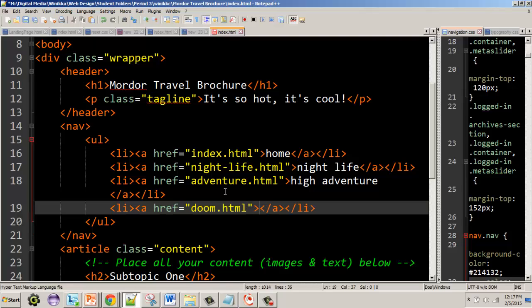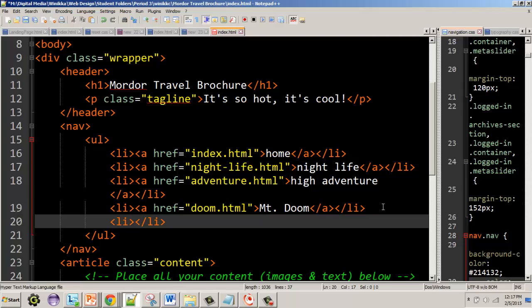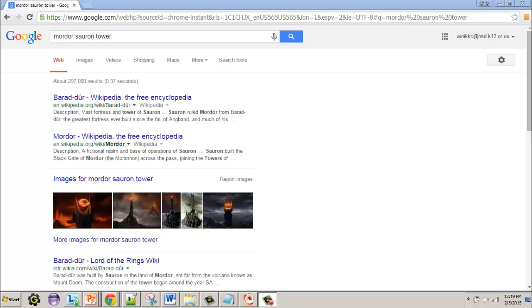Maybe we'll have one about Mount Doom. Visit Mount Doom. And, well, I couldn't remember the name of Sauron's tower, so I had to look it up, and it's Barad-dûr